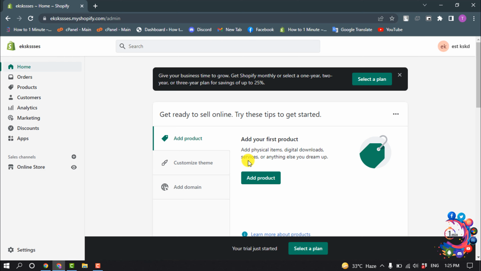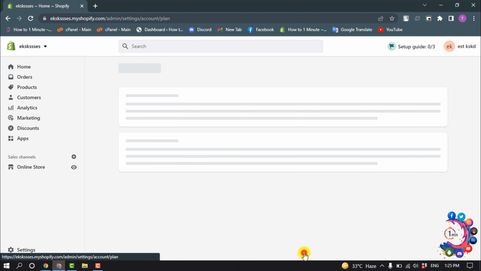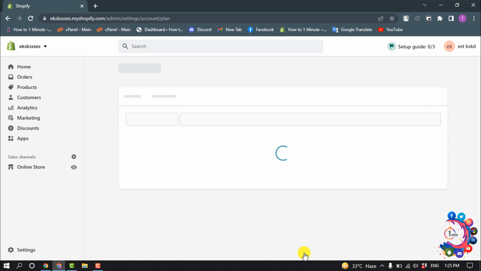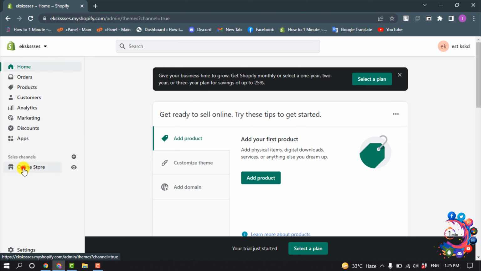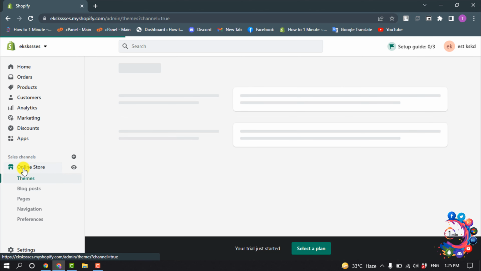So here you can see I've successfully created a Shopify account, and here you can see the 14-day trial has started, and now you can select a plan by clicking here to upgrade your Shopify store. But right now I'm going to start with the free trial, and the paid plan starts from $29 per month. So go to online store,